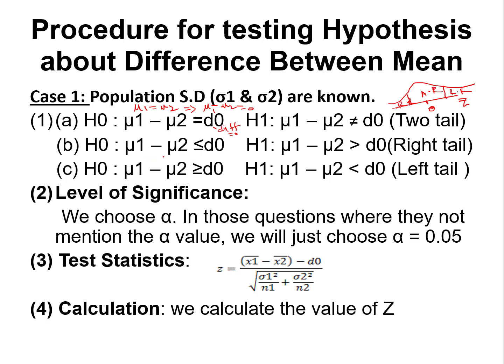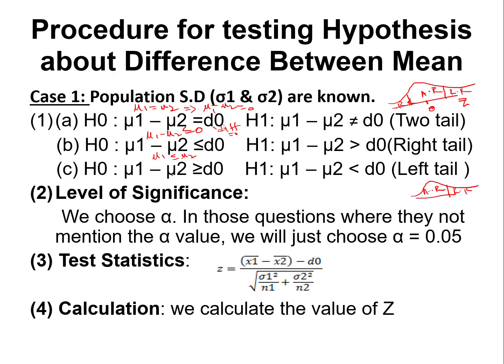If the condition is that the difference mu1 minus mu2 is less than or equal to 0, then it will be mu1 is less than or equal to mu2. When it comes on this side, it will be mu2. So what will be the opposite of this? Mu1 minus mu2 is greater than 0, and when it is greater than, this is a left-tailed test. How will you conduct a left-tailed test? This will be our rejected region, and this will be our accepted region.